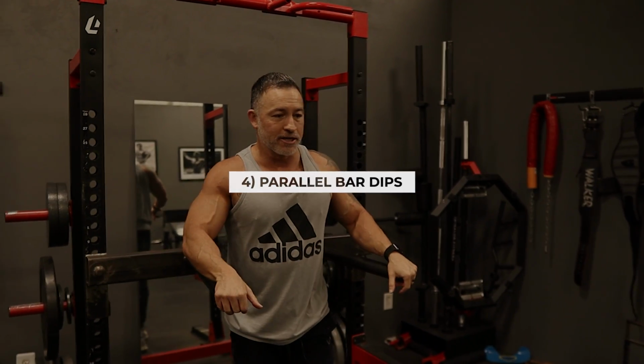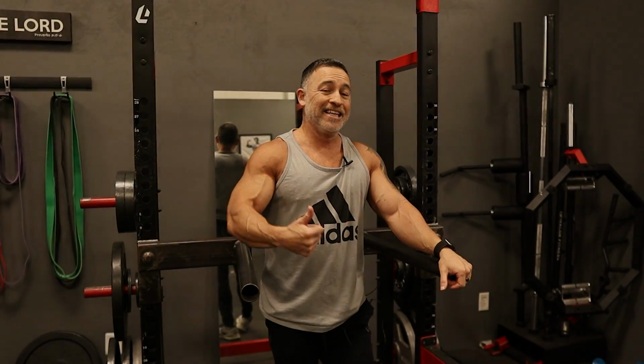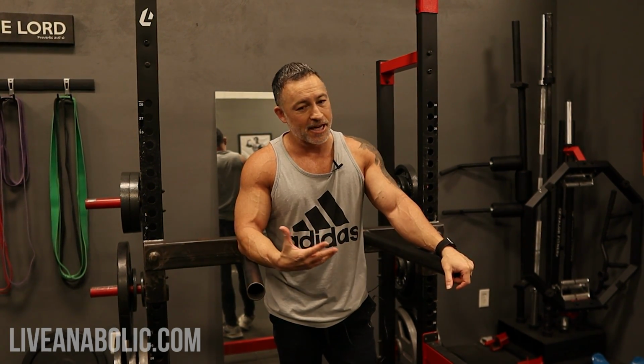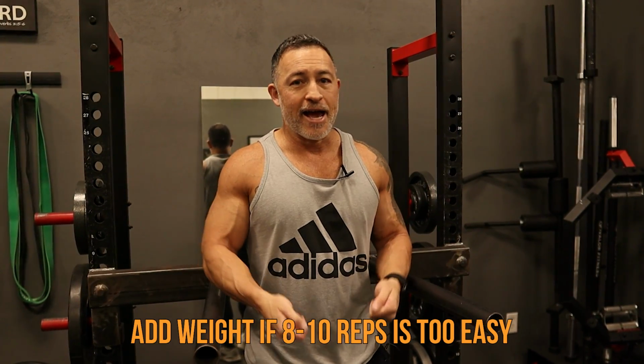Thing with the parallel bar dips, a lot of guys can do these really easily. All right, you can do your own body weight. If that's the case, same situation here, 8 to 10 reps. So I would rather you do a weighted dip. So get a belt, attach a little bit of weight to it. It can be 10 pounds, 25 pounds, 45 pounds, whatever it takes to fall within that 8 to 10 rep